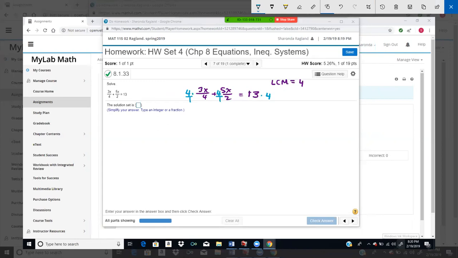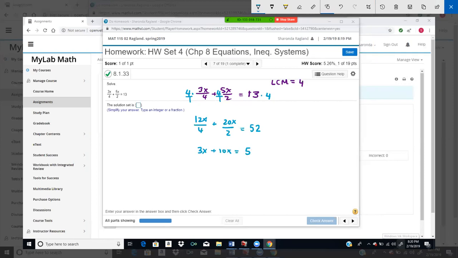Now, you can multiply and then simplify, or simplify then multiply. So let's just multiply. When you multiply the top, it's 12x. Multiply the bottom, that's 4. Top, so that's plus 20x. Bottom, that's 2. Here, just 13 times 4. Okay, so 52. And so now when you simplify these fractions, the fraction should disappear. So 12 over 4, you get 3x. See, it's gone. Plus 10x